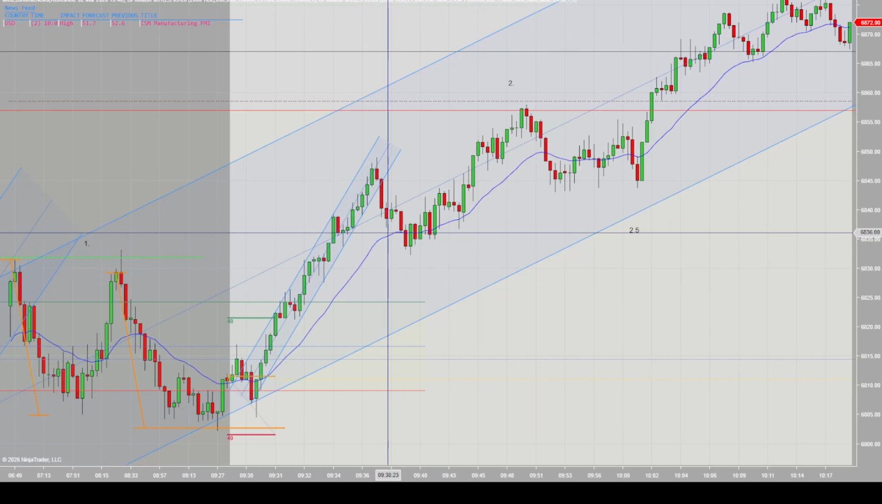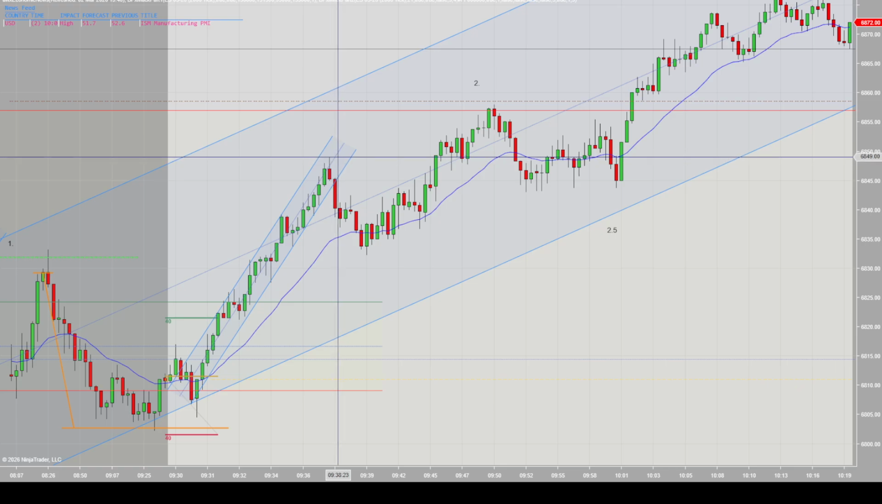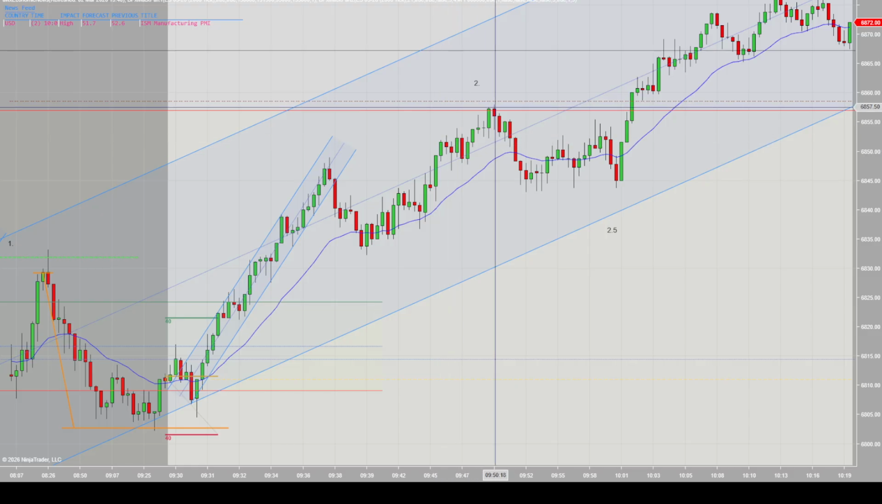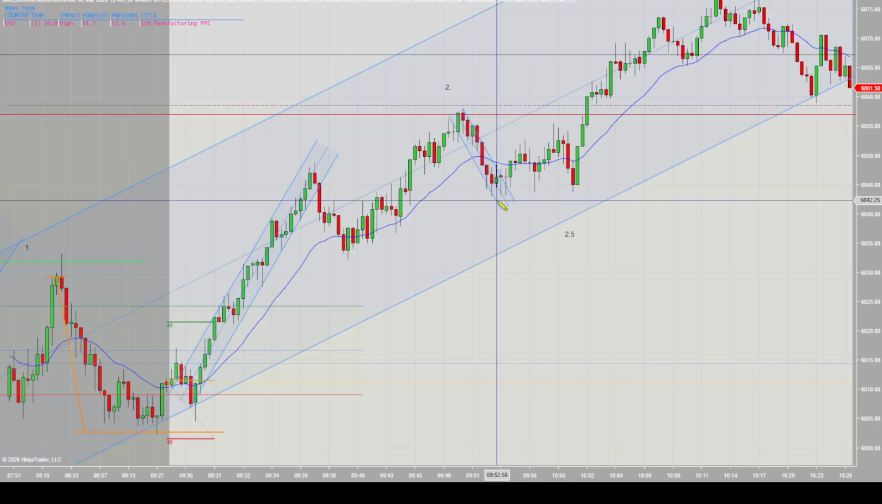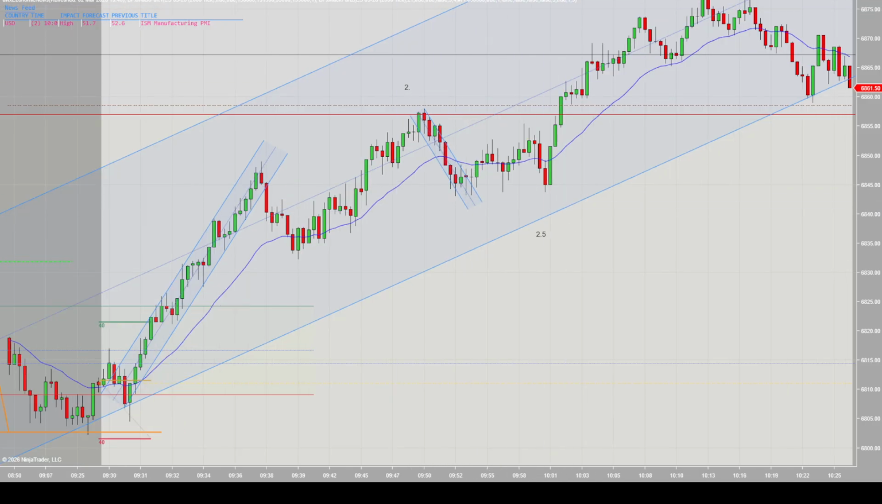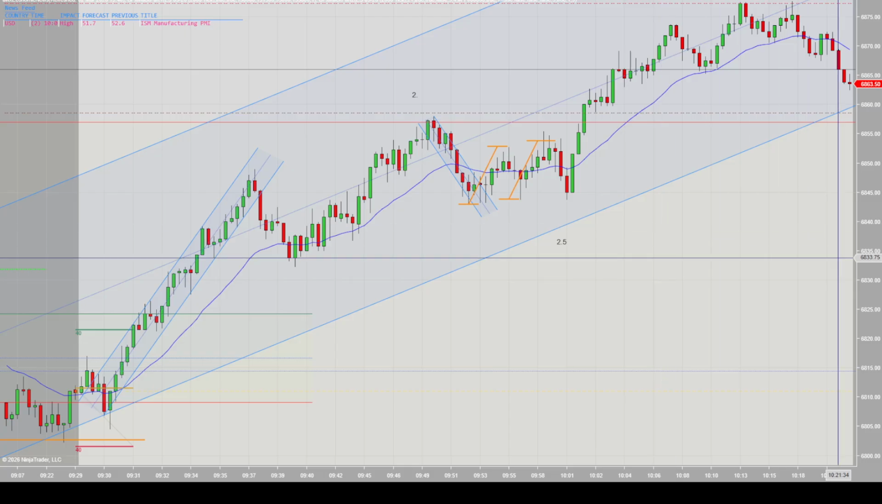But right, so we're looking for a new high of this channel now. It makes a new high, and then we bounce off of the overnight high, and then you get a two-legged correction here. So if you get a bullish reaction here,